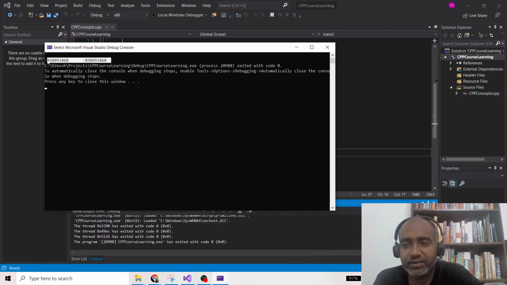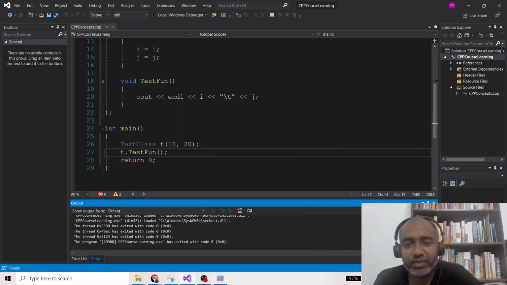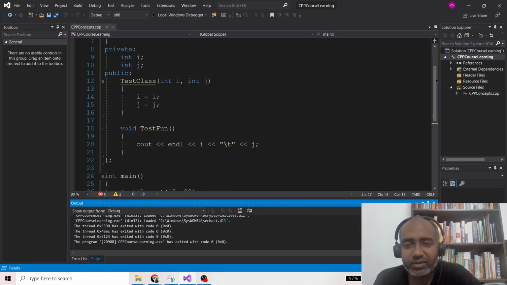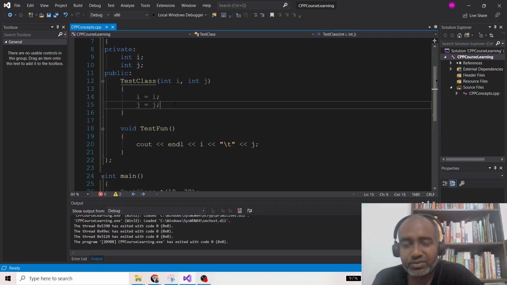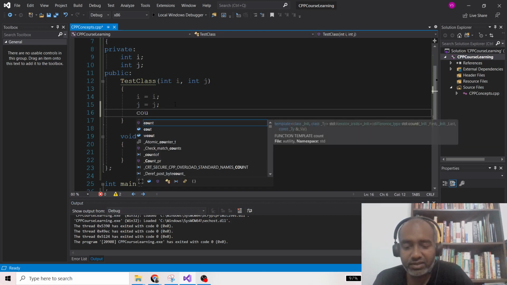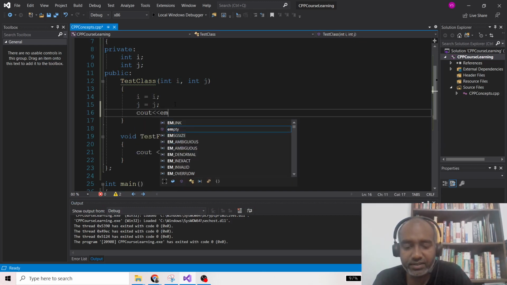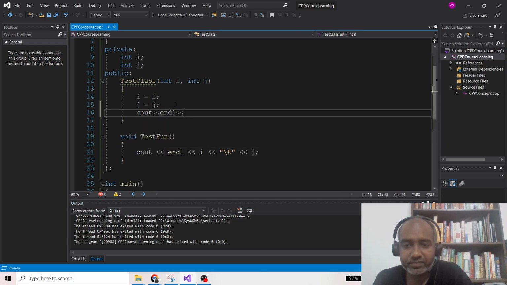Okay, so here you can see the values of i and j have been printed as garbage values, even though we passed i and j. Because this i is equal to i is nothing: this i has been assigned to itself, and this j has been assigned to itself. So if you print here the i and j values, cout, if you print i and then backslash t, and then if you print j,